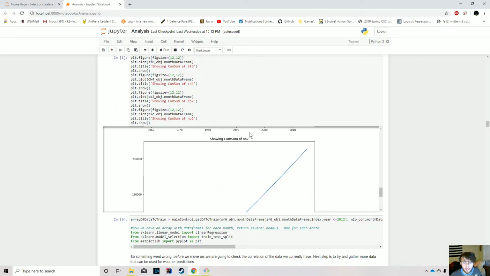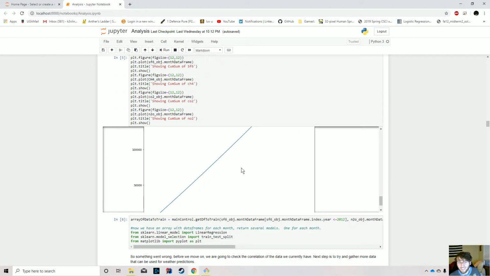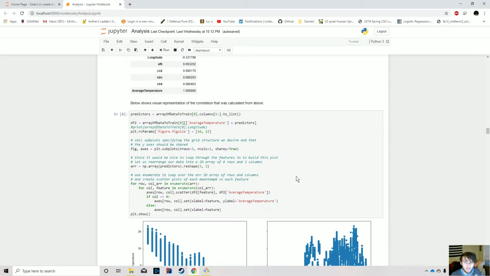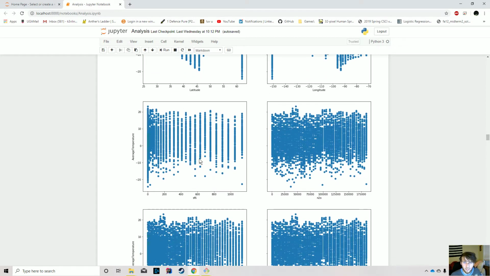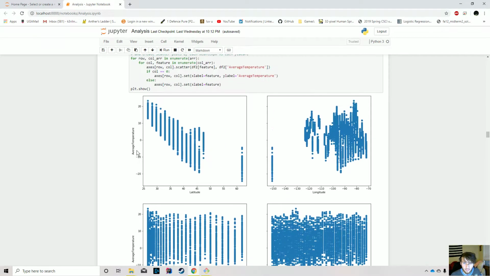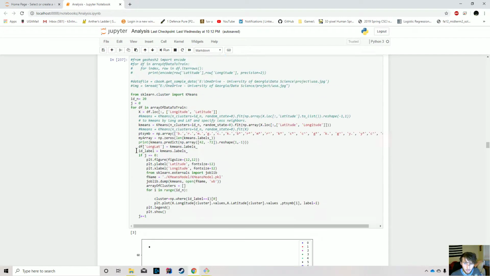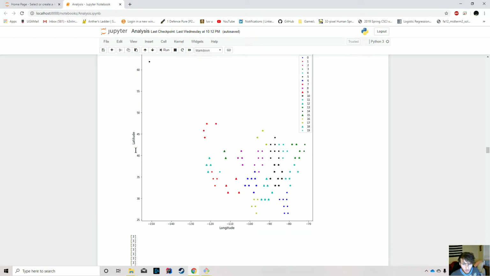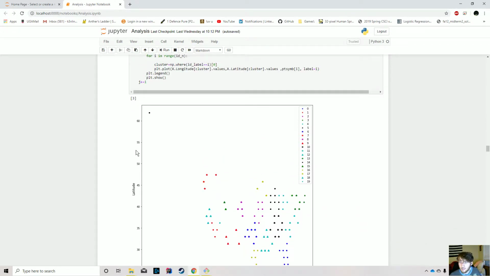And N2O, and don't read that, is linear. So then this is just me trying to graph data. These graphs didn't mean a whole lot, it's just data distribution. Then afterwards we do a k-means clustering of those resources through the longitude, latitude that we got through our weather